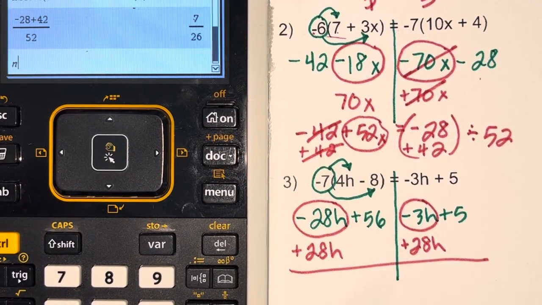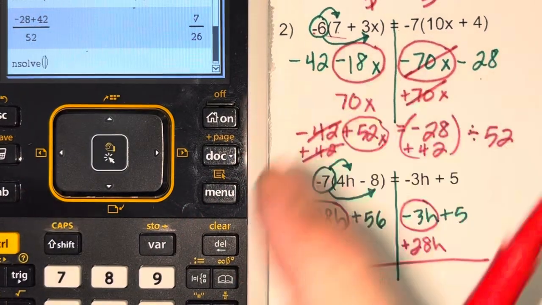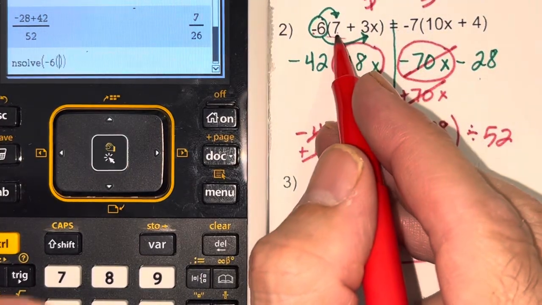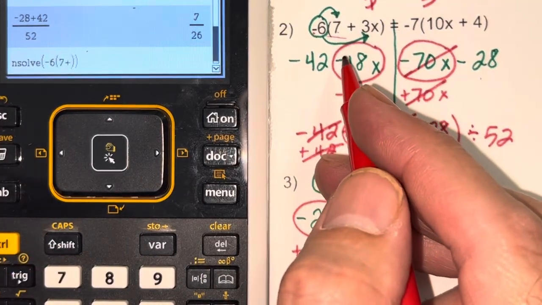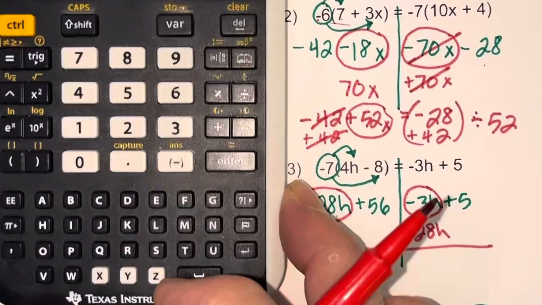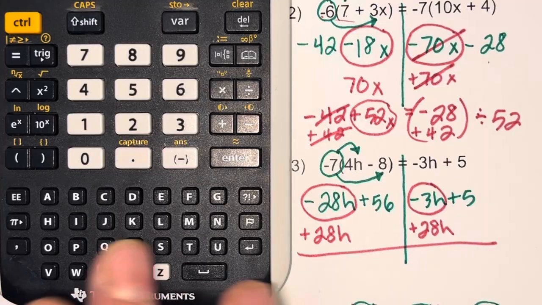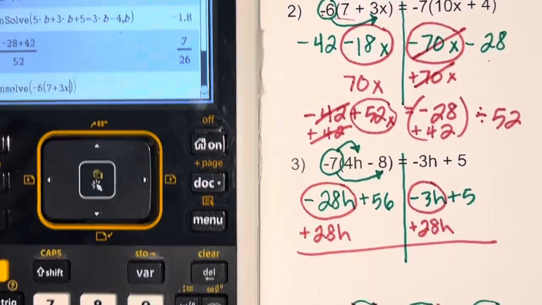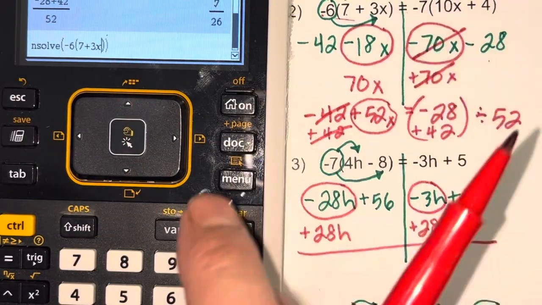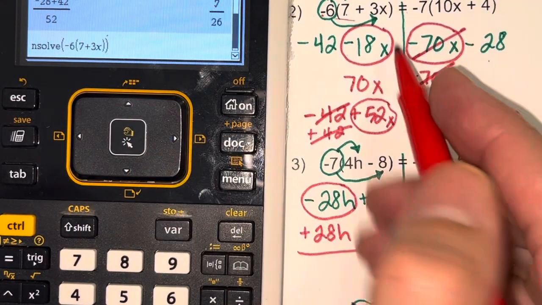So we just do nSolve, parentheses, close parentheses. We're going to put everything in there, so we're going to do negative 6, parentheses, 7 plus 3, and the variable x is in white down here on the bottom. So we got x, y, z. Then close the parentheses, and that is equal to